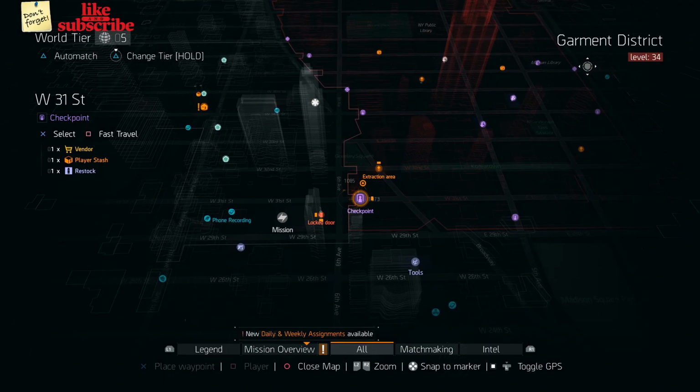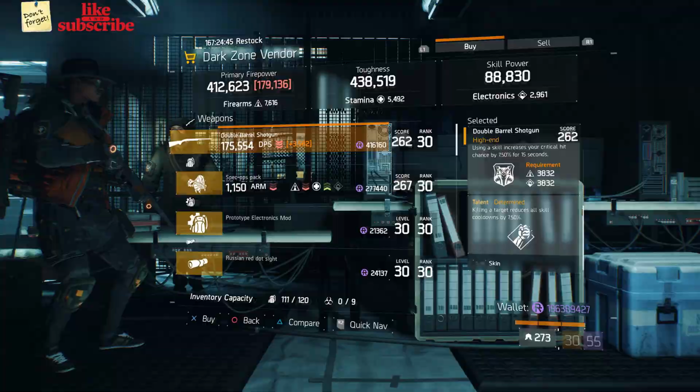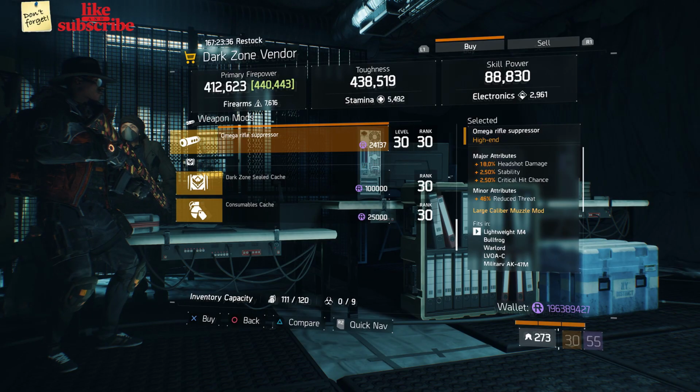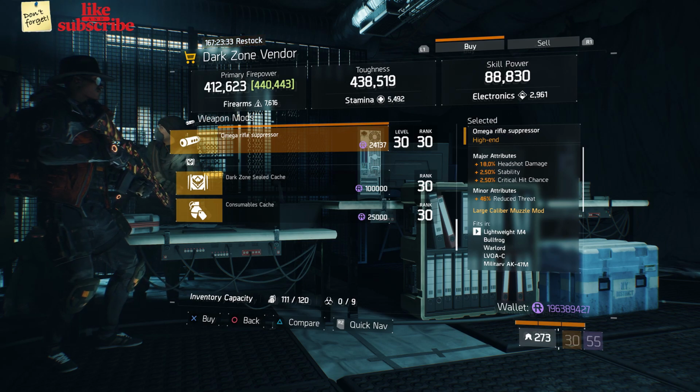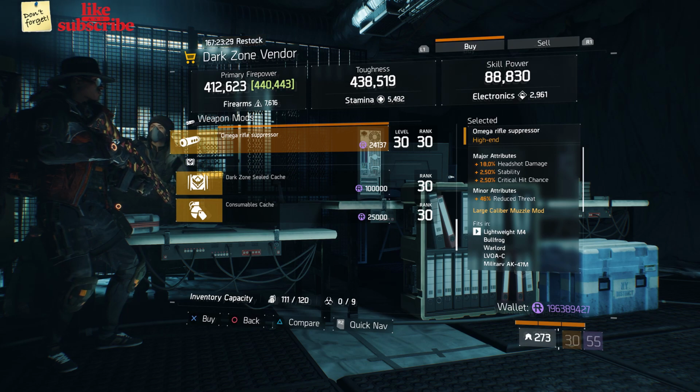For our next gear items, head over to West 31st Street Checkpoint. Here the Dark Zone vendor has a double barrel shotgun. For our next gear items, head over to West 34th Street Checkpoint. Here the Dark Zone vendor has an Omega rifle suppressor with 18% headshot damage, 2.50% stability, and 2.50% critical hit